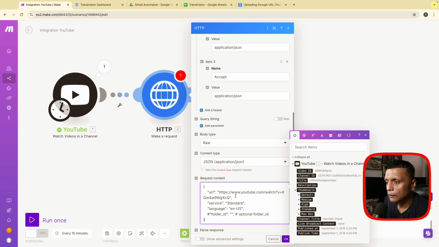Okay, let's just clean it up a little bit. Okay, we don't need this. So now just look at this carefully. What we are passing is a URL. The service is standard, the language is English US, and here we need to get the URL from the previous